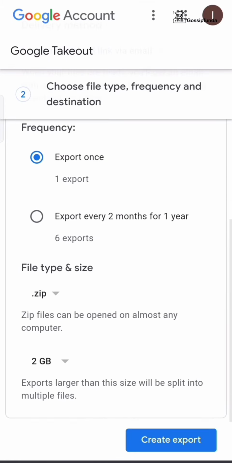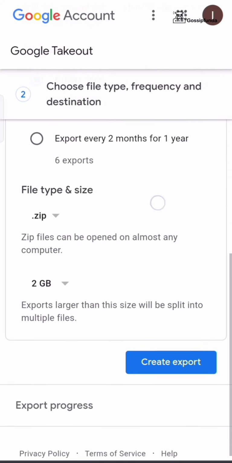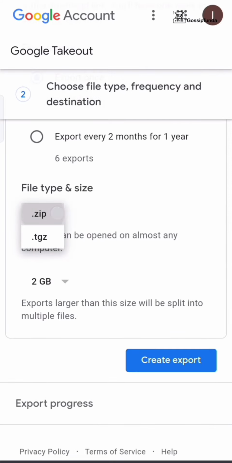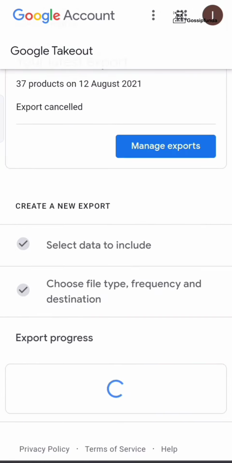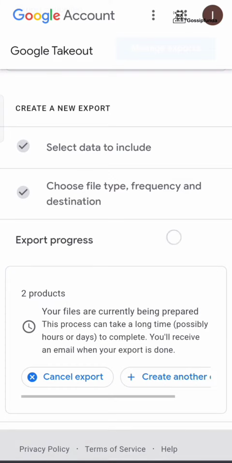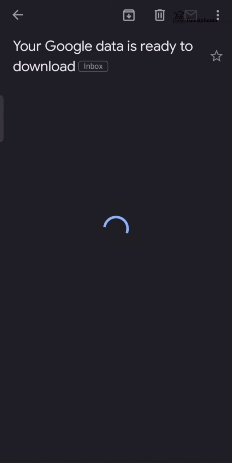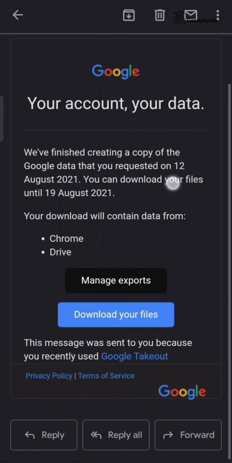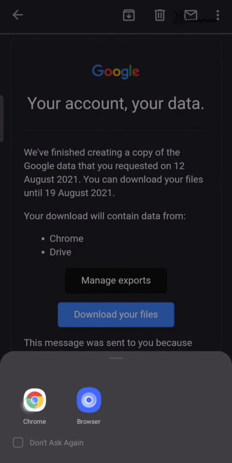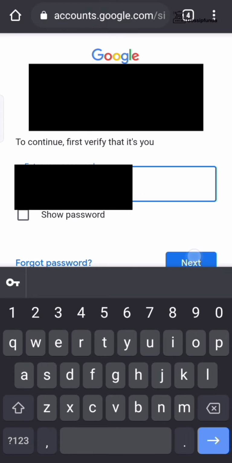Then you can select whether you want to export once or every 2 months for 1 year. Then you can also select the file type and size. Next, click Create Export and wait for a few minutes. You will receive a mail in Gmail, Google Takeout. Click on it. Then click on Download your files and select your browser. Log into your Gmail account